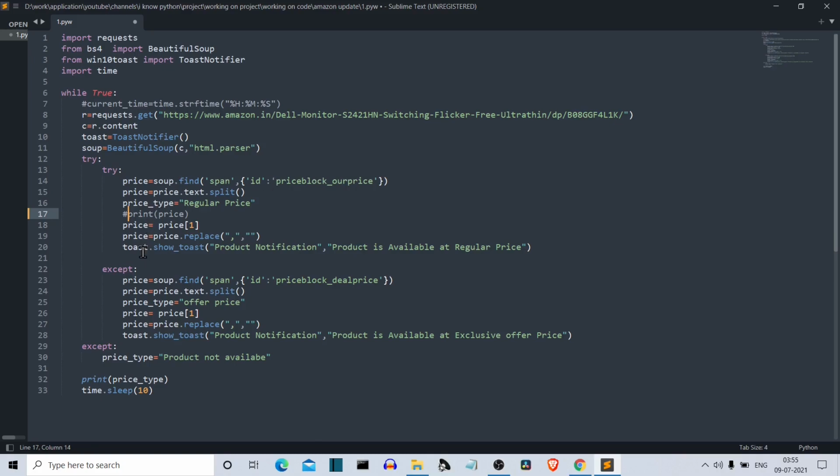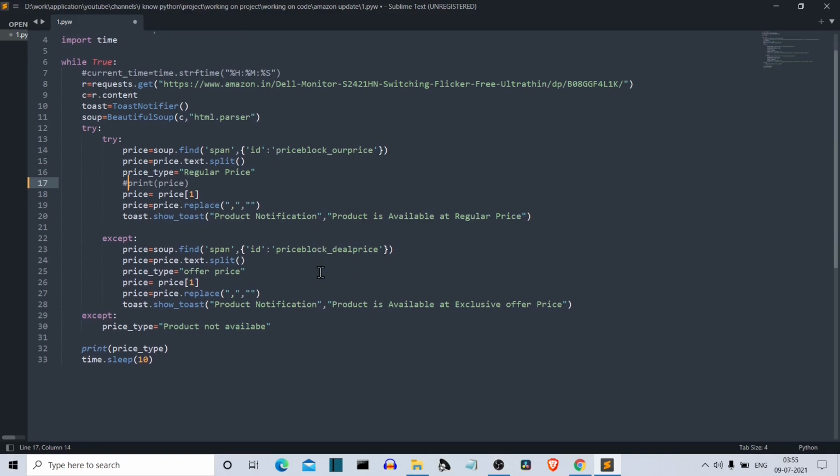Now what we have to do is toast.show_toast, to show the pop-up notification. These are the two parameters. First is the title of the notification, and this is the pop-up of the notification. So this was the condition if the product is available at normal price.